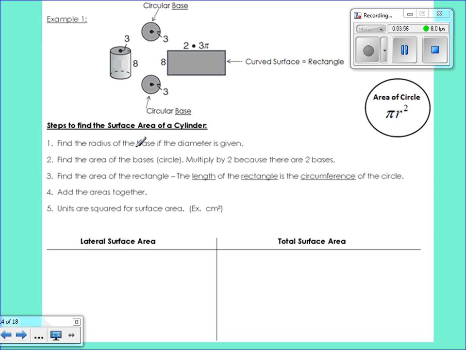Okay. So up here on this picture, what did they give us? Diameter or radius? Radius is 3. Radius is 3 right here. So I'm just going to write r equals 3 next to number 1. Then you're going to find the area of the bases of the circles and multiply times 2 because there are two bases. So area of a circle, the formula is pi r squared. So if I do 3.14 times 3 squared,